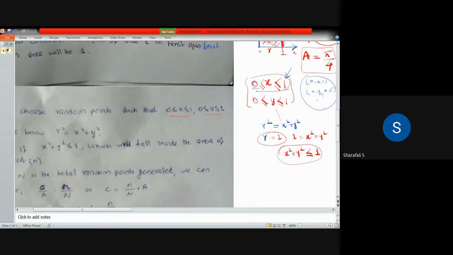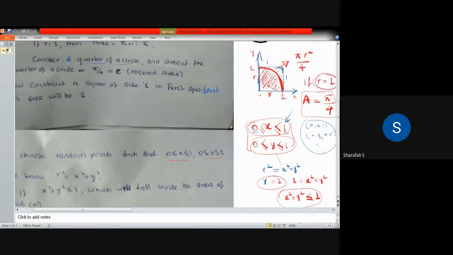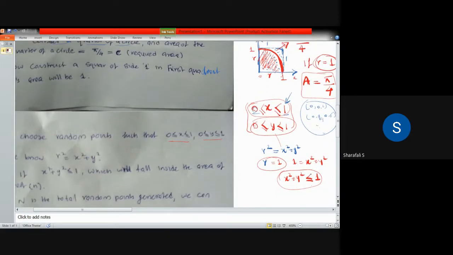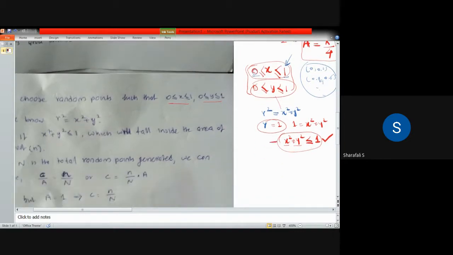You can have this range of values for x and this range of values for y. It is going to vary from 0 to 1 and 0 to 1, here also for radius equal to 1, fixed. And you can have n number of points within this square that we have considered. Okay. And within that n number of points, how many points will come within the circle? That will be determined by this equation: x square plus y square should be less than or equal to 1. Then only it will come within this circle segment. So this is the condition for points which will come within the circle.